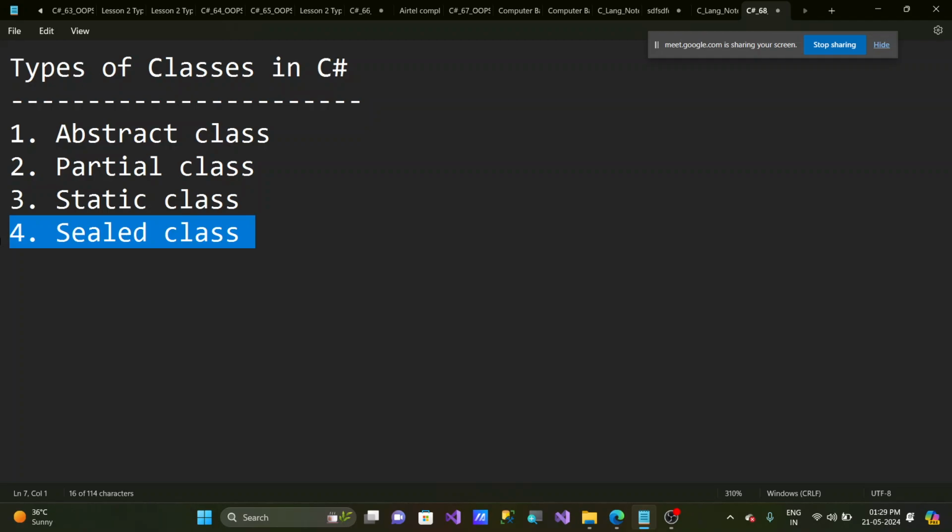In the previous sessions, we discussed the first type of class called abstract class and its usage and purpose and everything. Now let's talk about the second one called partial class. So what is partial class? It's a class which is preceded with a partial keyword,